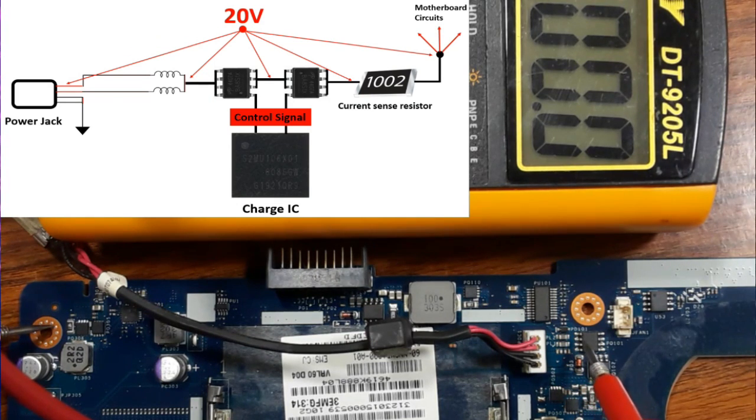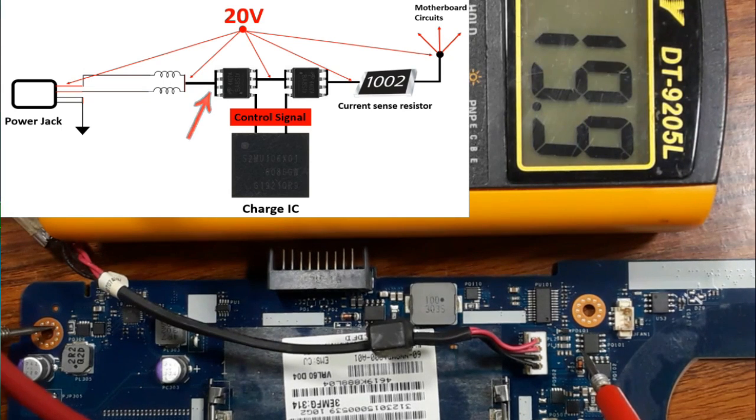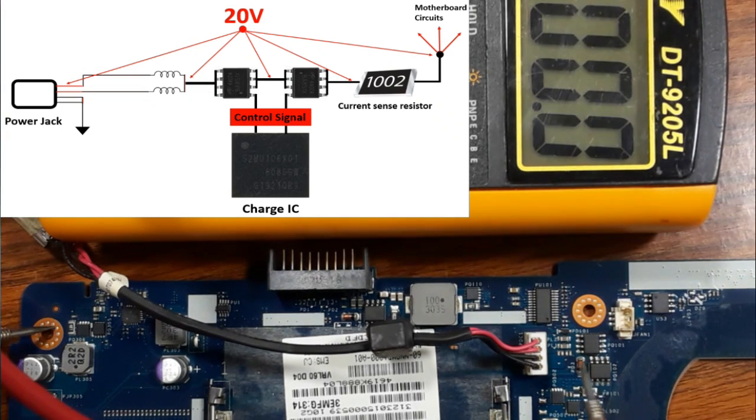As I told you, these 4 pins are connected together. So let's check. The first pin, we have 20 volt. The second, 20 volt. The third, 20 volt. And the last pin, 20 volt. Good. So now 20 volt should be passed directly to this side, but here, as you can see, we have